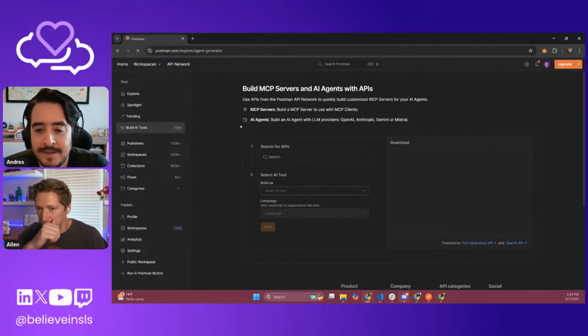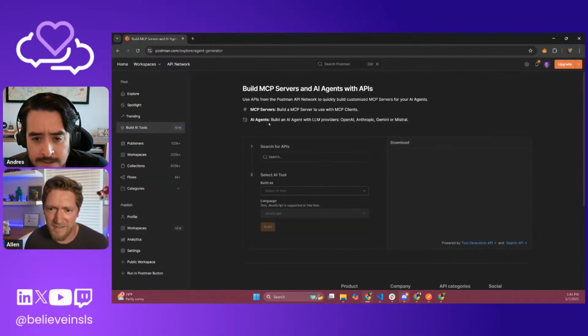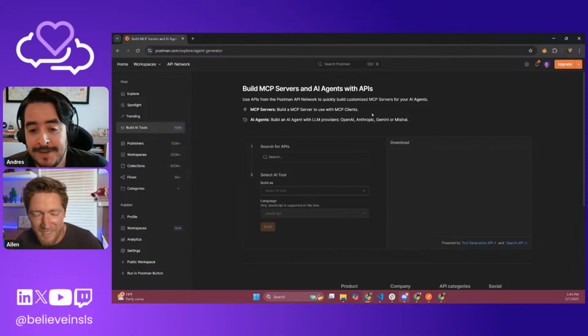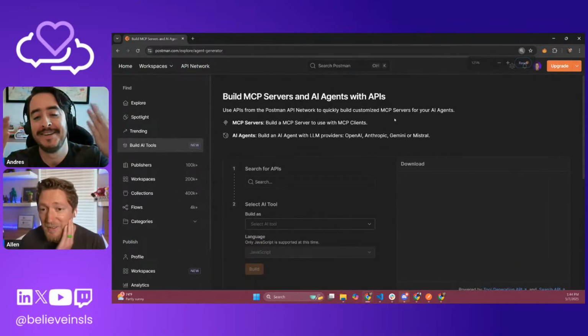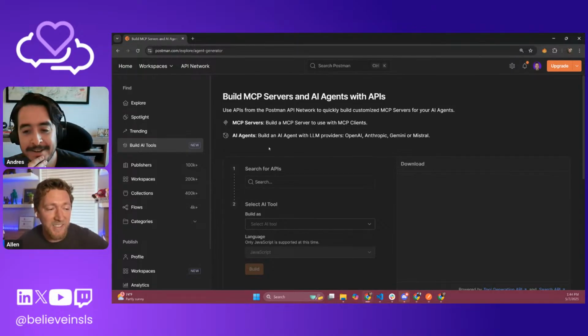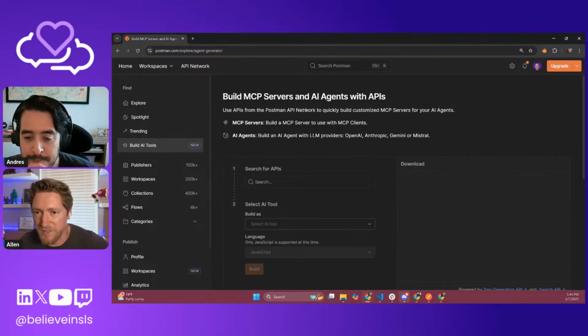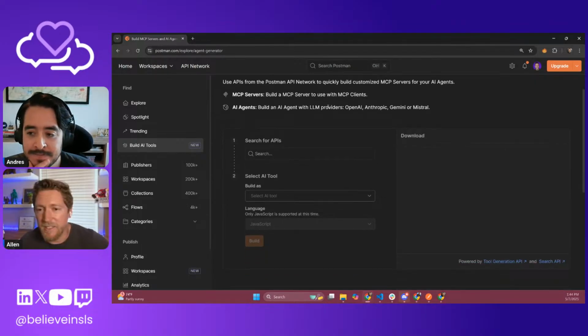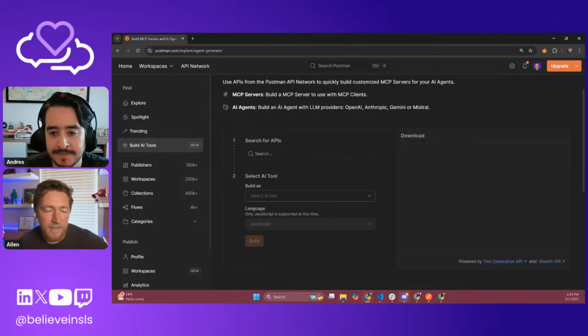But Postman released this week an agent generator, where it builds the code for you, not only for AI agents but also for MCP servers. So you can do either or both.